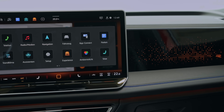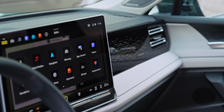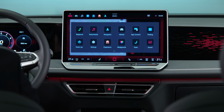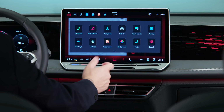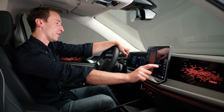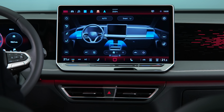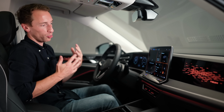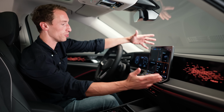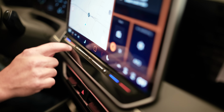We also mentioned there's a new infotainment system in here. This is the bigger 15-inch screen that you can get with the Tiguan, but as standard you get a 12.9-inch screen. Now this runs MIB4, which is not the new Men in Black film, but it's VW's latest infotainment system. The software and the layout have been tweaked from before, so it's got a slightly different layout, but it's not a world away from the previous infotainment setup. Instead, it's just all on a bigger scale because you've now got these bigger screens to present it all on. And of course, maybe the best change of all is the fact that you've got backlit climate controls and